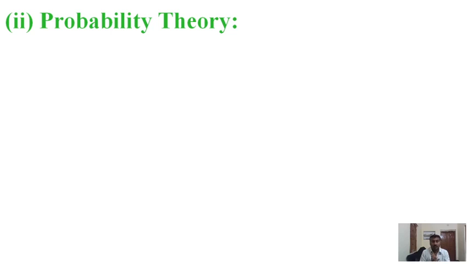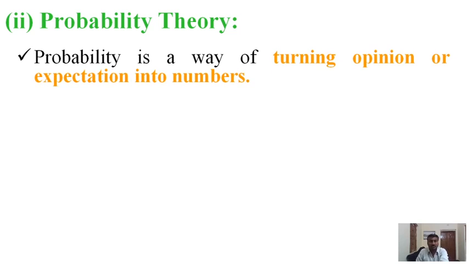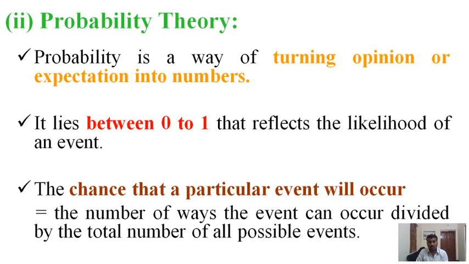Then we are going to discuss the second subpoint, which is probability theory. In this concept, we need to discuss three subpoints: prior probability, joint probability, and conditional probability. Before going to discuss these three subpoints, we will cover some introductions and the atomic sentences concept here.